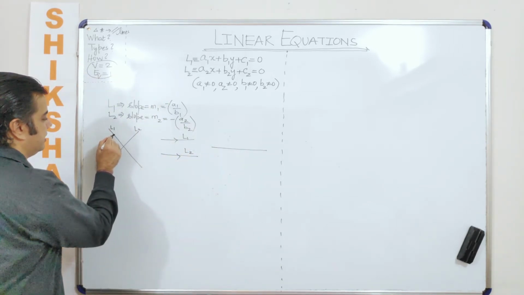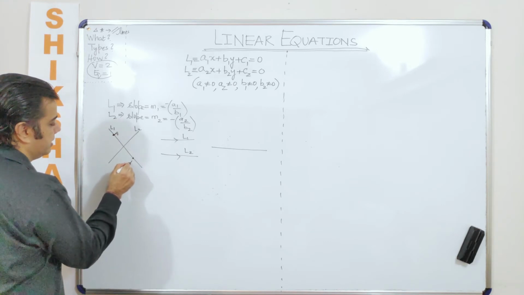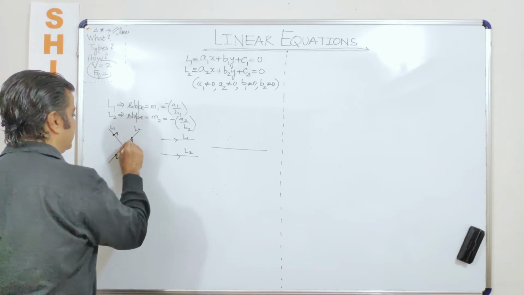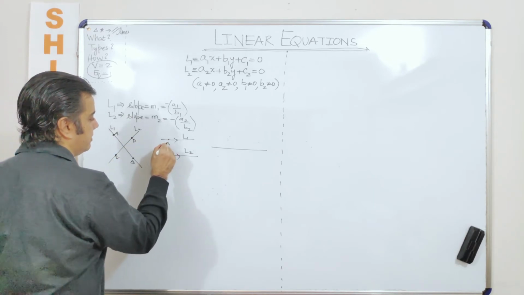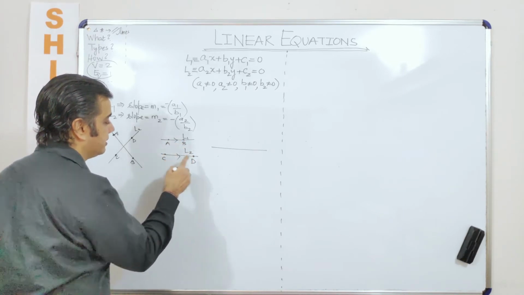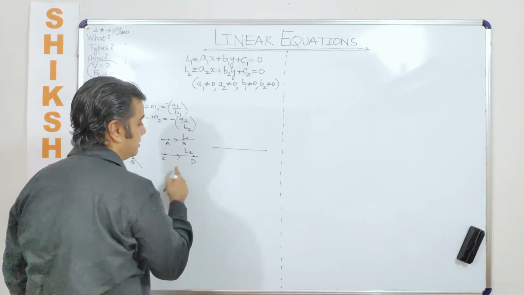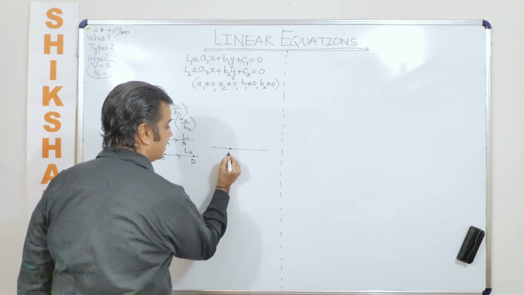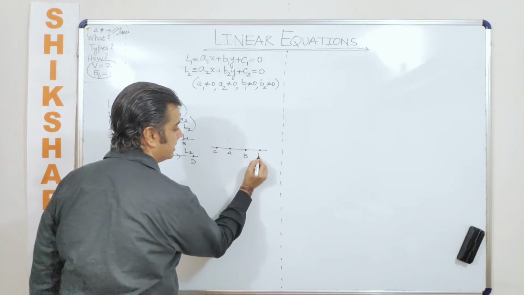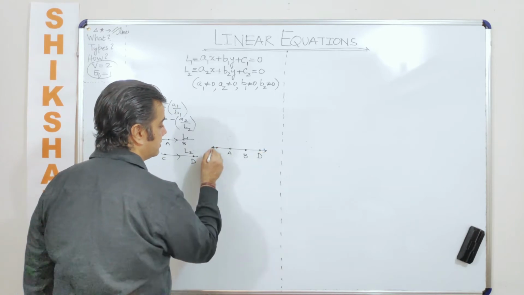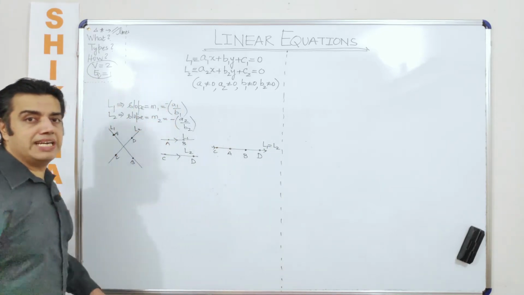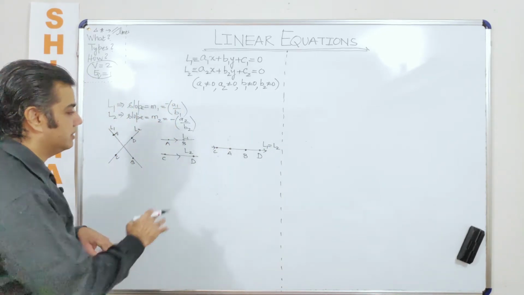In the third case, and even before doing that, let me take a line segment. So let us say this is a line segment AB, this is line 1, and this is line 2. And on this I am getting a line segment CD. Here I am taking AB again, and here I am taking CD. So now if I say all the points A, B, C, D lie on this line only, I am basically talking about coincident lines, wherein both these lines are nothing but the same. They are coinciding with each other, they are superimposing. This is the third case.